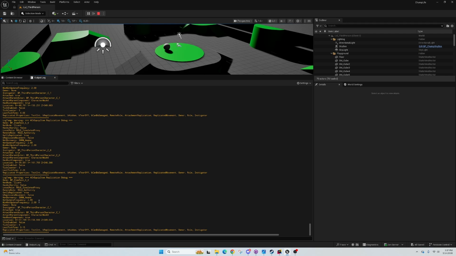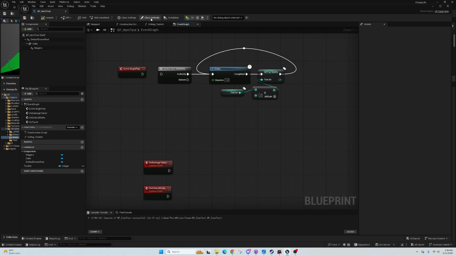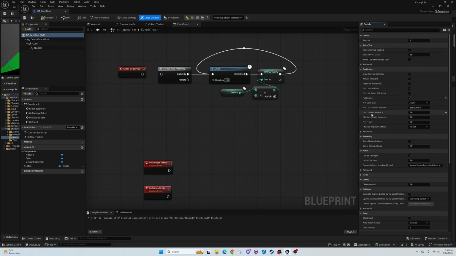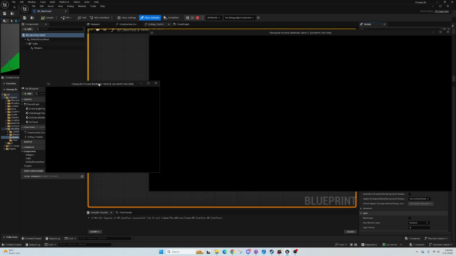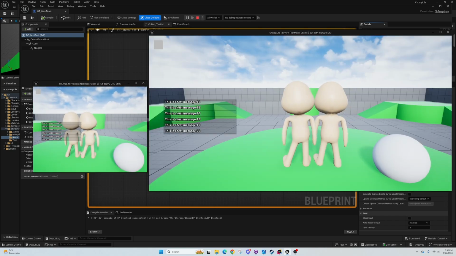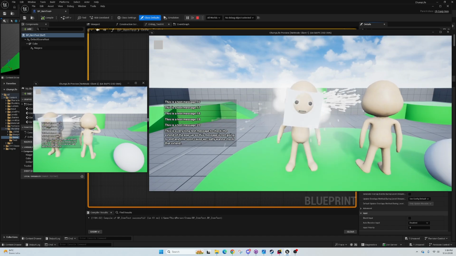Originally I was afraid that when you attach an actor to a character, for instance, it would basically take its net properties and use for itself. That does actually seem to be the case for some of this, but not all of it. So one of the tests that I have is to see if this net update frequency is actually reliable. To start off, we're going to have the server constantly update an integer, increase it by 1 every second, and then we're going to cause a little explosion effect on the client whenever we receive an update. So we should expect that when I put on this helmet, that every second it has this VFX,